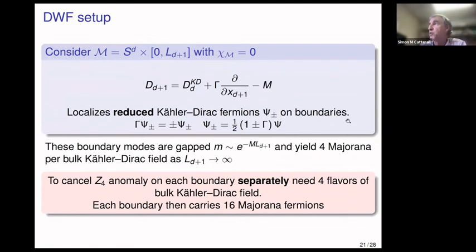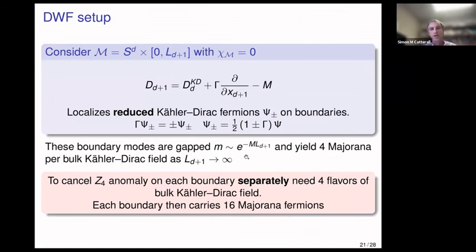This is very similar to the way chiral fermions are localized out of the usual Dirac equation in a normal domain wall setup. So these reduced Taylor-Dirac equations are just projectors. They're just projections from 1 plus or minus gamma, just like the chiral gamma. And so one ends up with boundary modes, which have a small mass because of the overlap of the wave functions between the 2 boundaries. It vanishes exponentially. But each of these yields 4 Majorana fermions per bulk Taylor-Dirac field in the limit that L_{D+1}